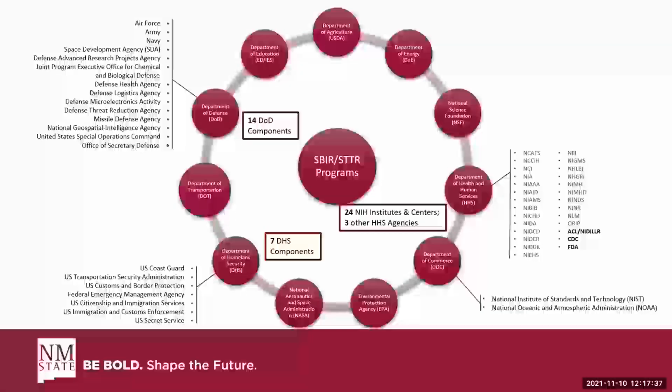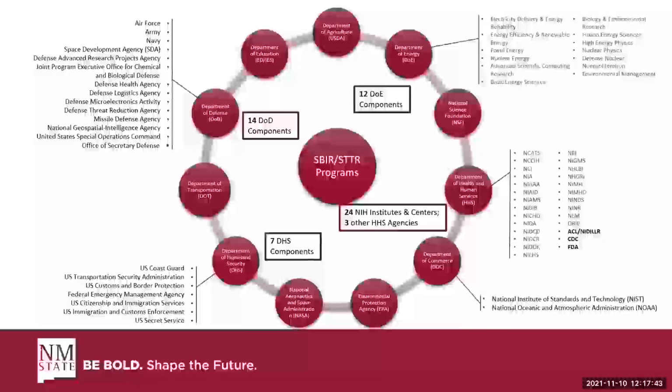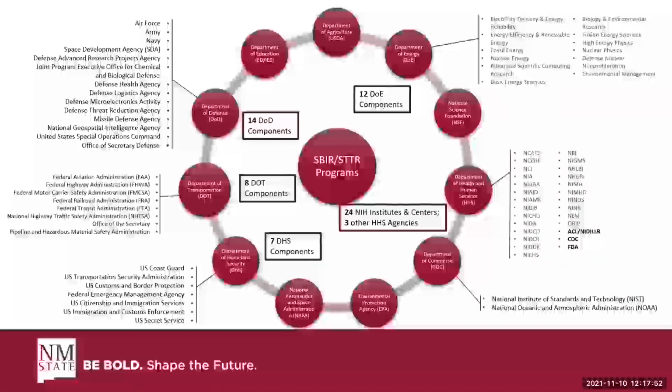Under DOC, again, that's NIST and NOAA. Those are the two. They're very separate SBIR programs. And then under DoD, there are 12 different components. And so this is why we created our, oh, and actually, I think there's one more. There's 8 under DOT. So one of the reasons why we created our FAST program several years ago is because